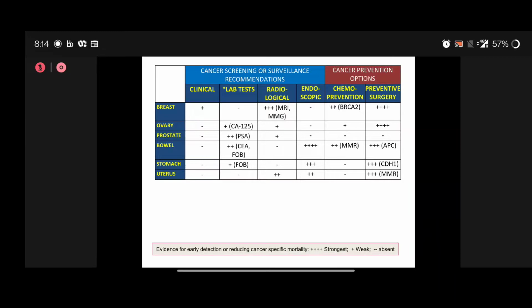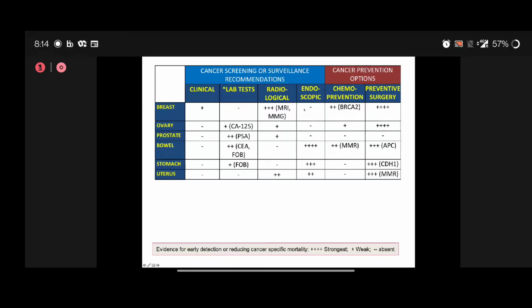So here I'm just showing various screening tests in different cancers. Some of them have high evidence that they could help detect early and save lives, and others have weak evidence. So a lab test could be a tumor marker or a fecal occult blood. Investigations, radiological, mostly an MRI for those who have a high risk for breast cancer, like in BRCA1 mutation, or